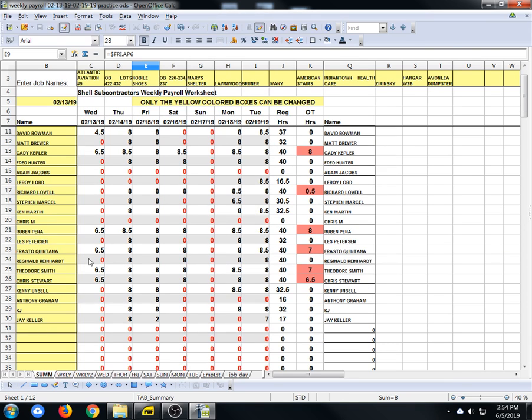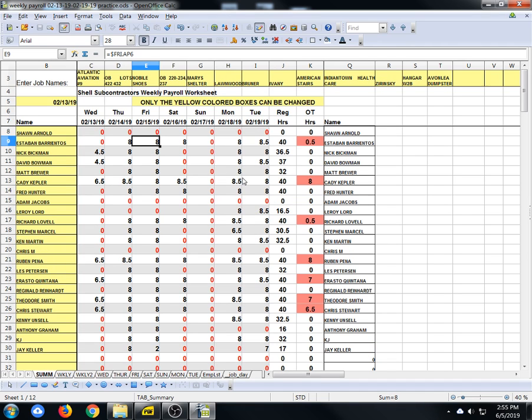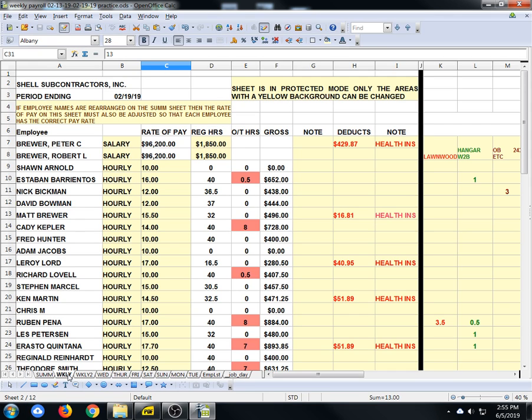Okay, so this all looks good. Pretty sure I remember it rained that day, and okay, so this all looks good. So the next thing, once you verify that all the time is in there and that all the zeros are okay, and that any of the numbers that are less than 8 are okay, and that no time has been missed, we go over here to the weekly tab, and